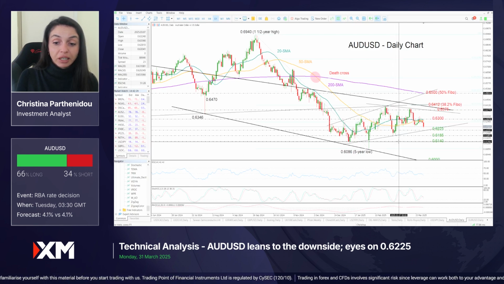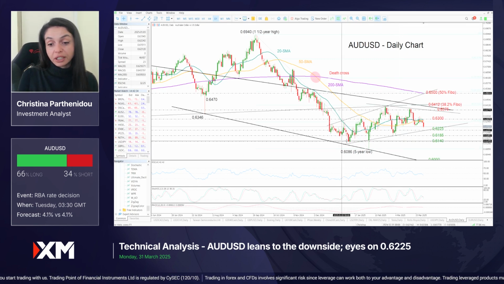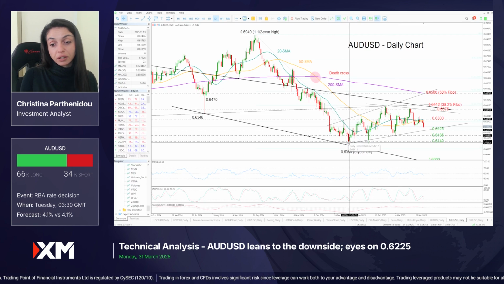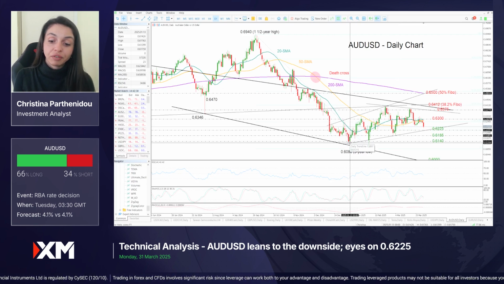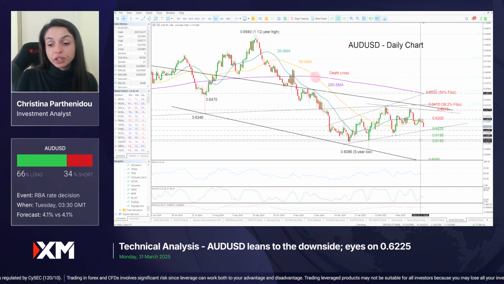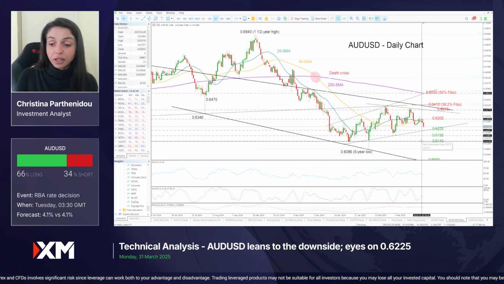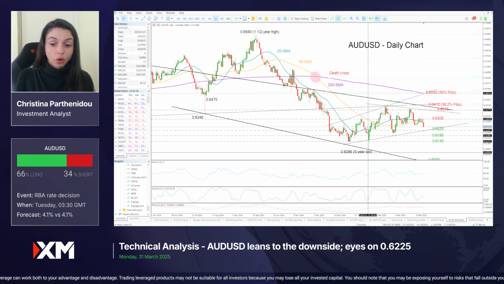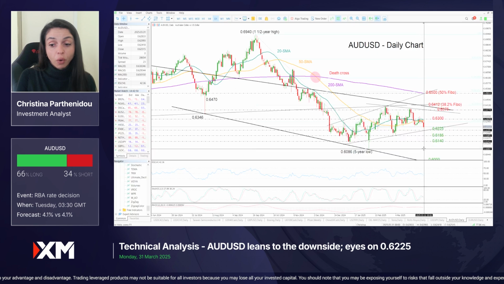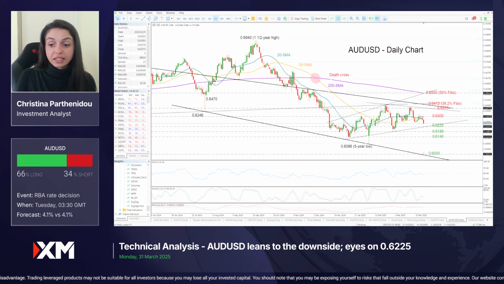Below that, I believe that there might be a tougher battle near 0.6140, because this is where the price gained significant momentum back in January. So if we fail to hold here, that could activate fresh selling towards the 5-year low of 0.6085, or even towards the 0.60 round level where this tentative support